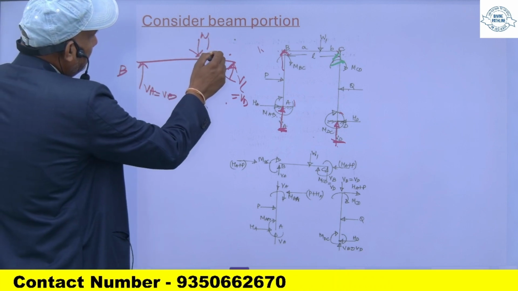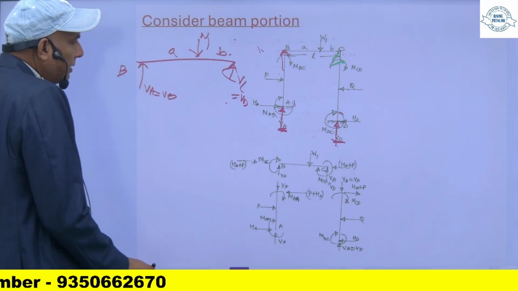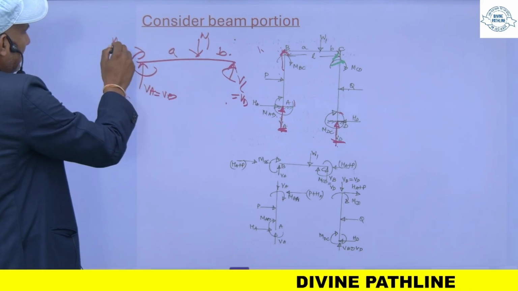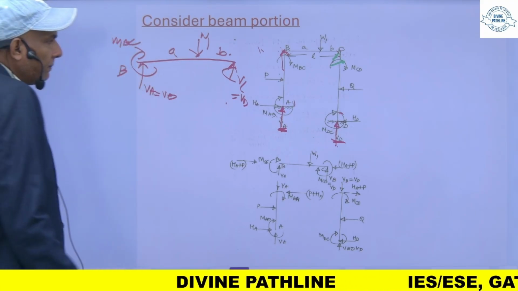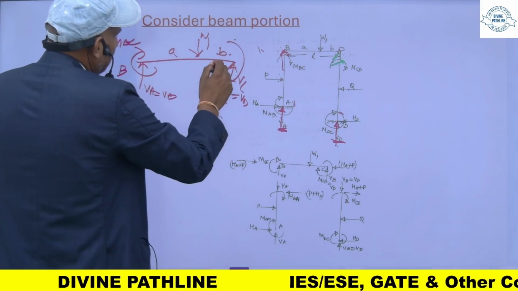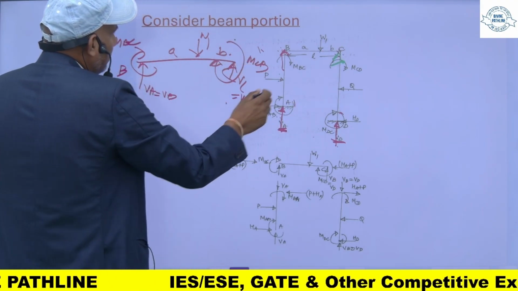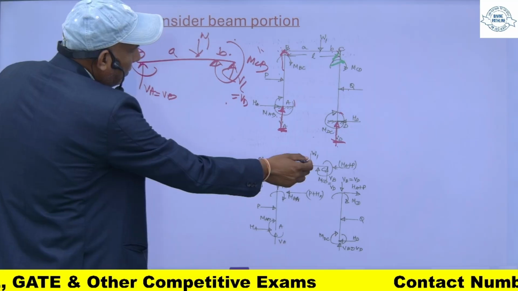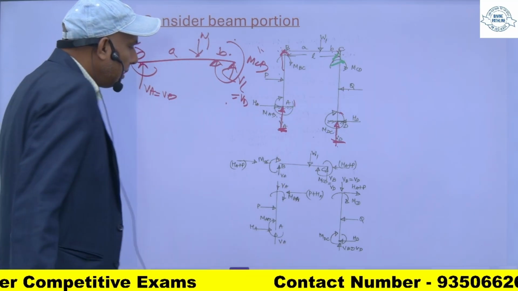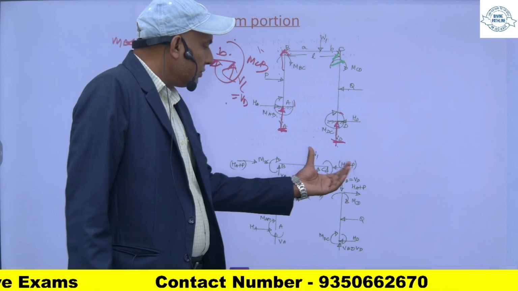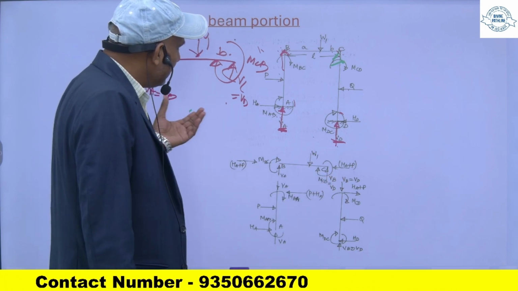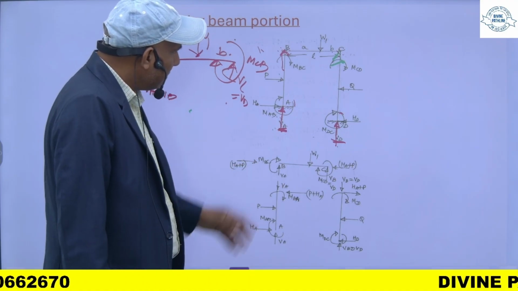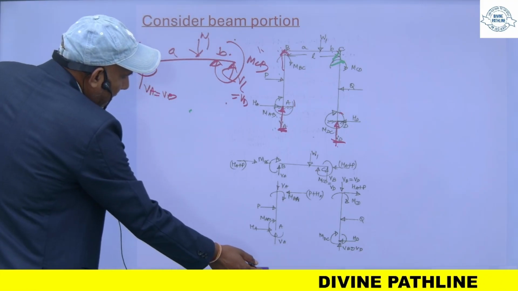एंड दिस इज W1 BA, और यहाँ जो मोमेंट होगा दिस इज MBC, सपोज ये MBC है, क्लॉकवाइज हमने अज्यूम कर लिए, और ये MCB है। तो फॉर दिस पोर्शन BC, इस BC पोर्शन को अगर हम देखेंगे तो ये इस तरह से रहेगा W1, ये मोमेंट MBC, और ये सेम रिएक्शंस यहाँ पर आ जाएंगी। कैसे आएंगी? वो इसलिए आएंगी, अगर मैं इसका फ्री बॉडी डायग्राम निकालूं यहाँ से इस पोर्शन का, तो वो इस तरह से आएगा।